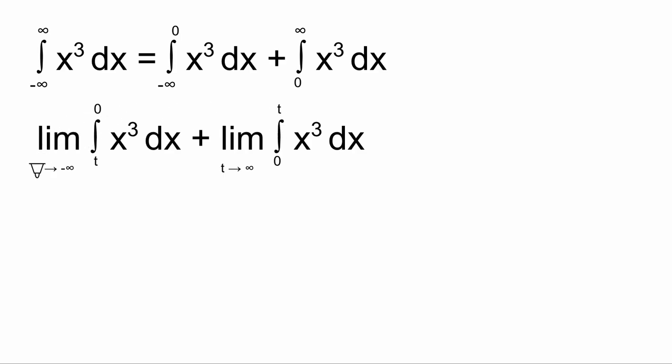And so we have the limit as t approaches negative infinity from t to 0 of x cubed dx plus the limit as t approaches infinity of the integral of 0 to t x cubed dx. Now keep in mind these t's represent different values. This t is the negative infinity that corresponds to this limit statement, and this t is positive infinity and corresponds to this limit statement. Now you could use different variables to differentiate between the negative and the positive infinity if you would like. So now we need to solve these two limit statements